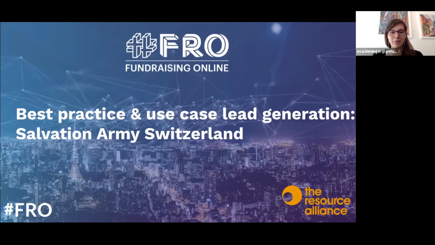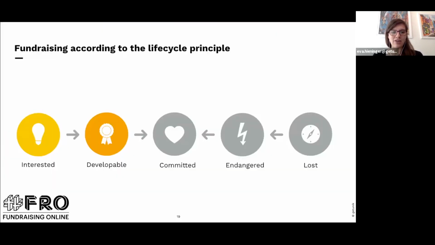With that campaign, we firstly tried to tackle the first 2 steps in the life cycle. So we tried to generate leads and bring them from the interested stage to the donor stage, which means we wanted a one-off donation from that. But apart from trying to get leads and convert them to donors, Salvation Army Switzerland also had